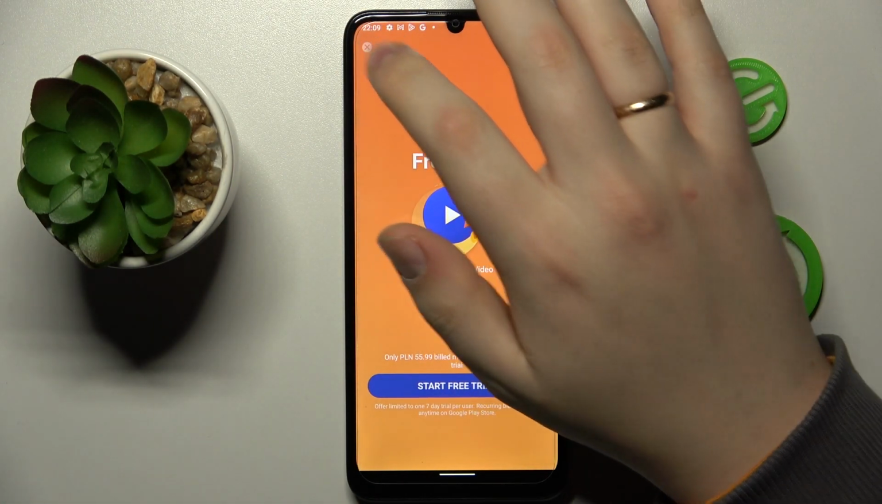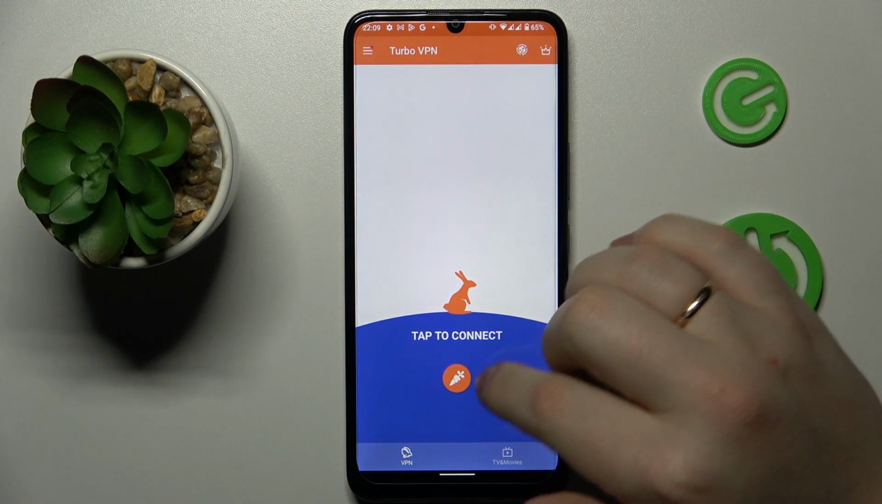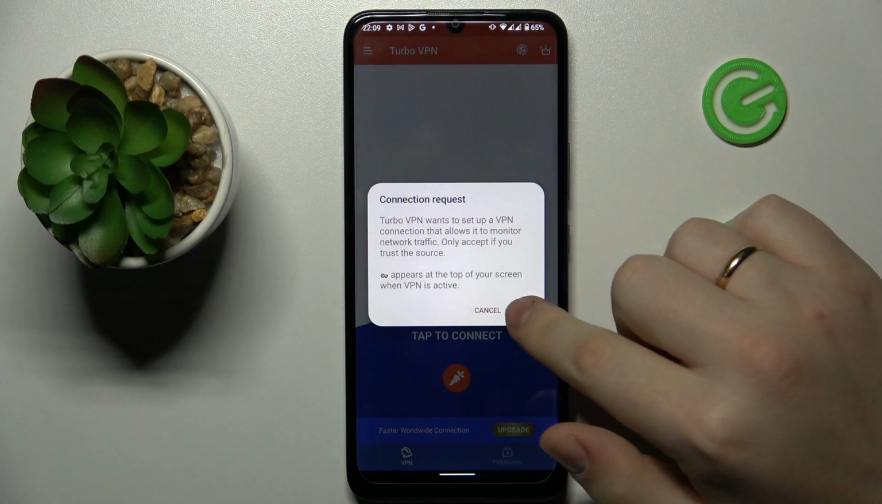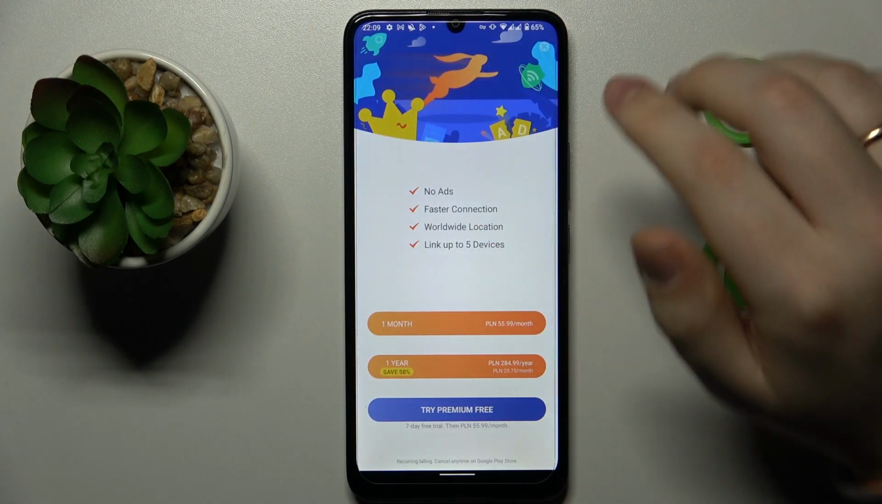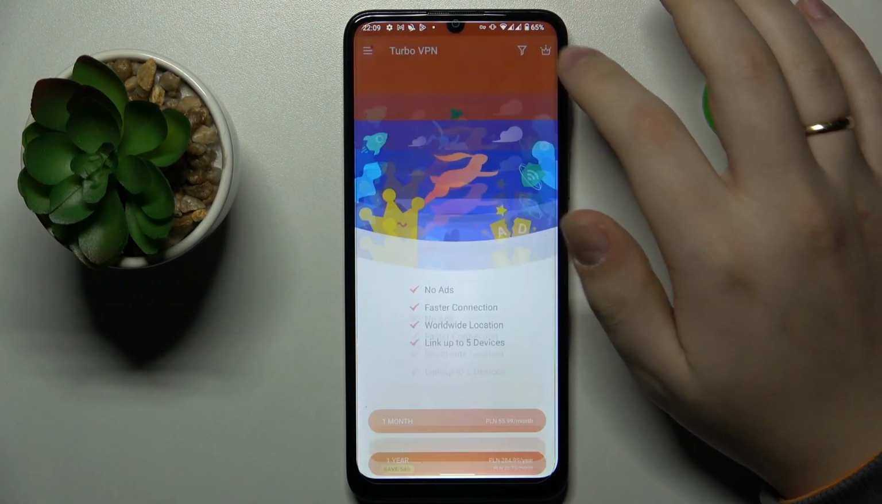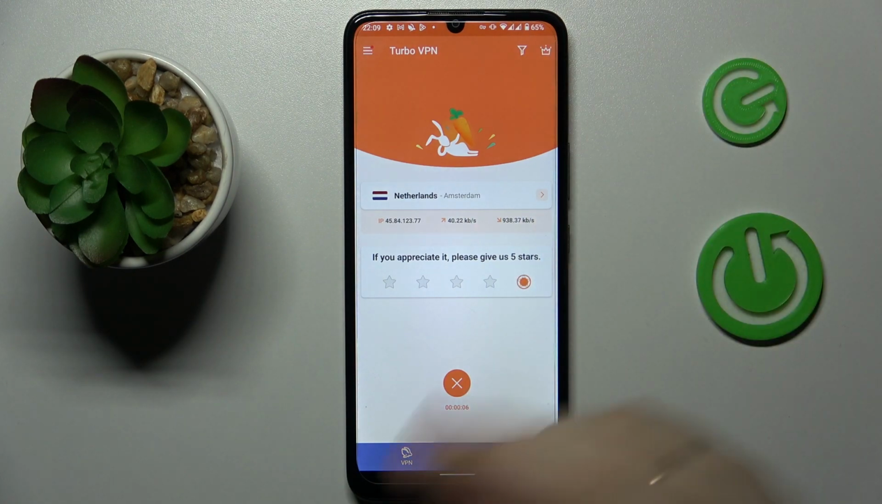Then skip this ad and tap the caret icon to finally connect your phone to VPN. Skip the ad once again, and as you can see by the key sign at the status bar, we have successfully